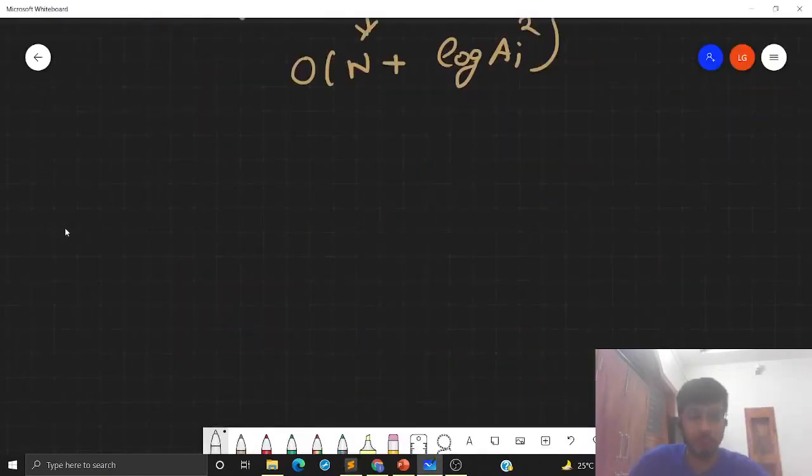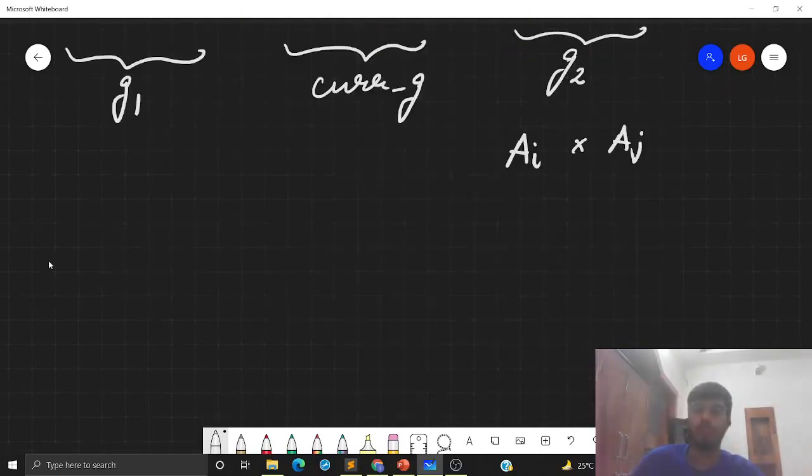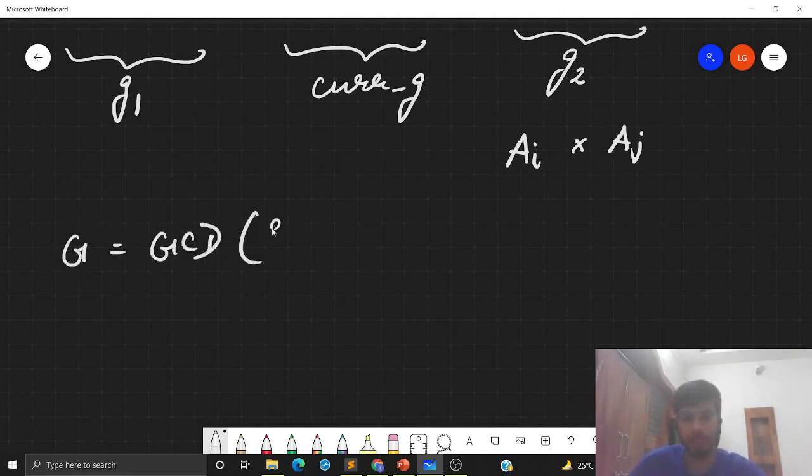Remember that we were having four elements: the GCD of the prefixes, the GCD of the middle elements, which is current G, and the GCD of the suffixes G2. And finally, we were having A[i] multiplied by A[j]. And we were saying that a new goodness is nothing but the GCD of all these four elements.